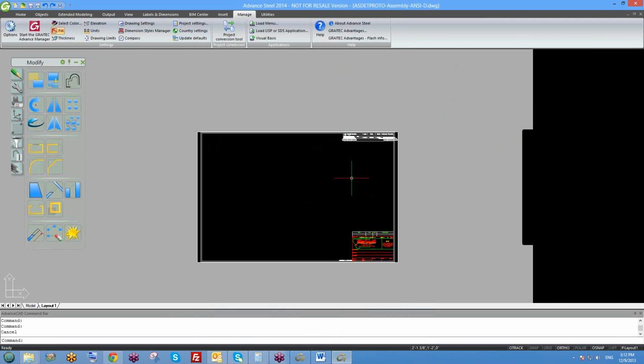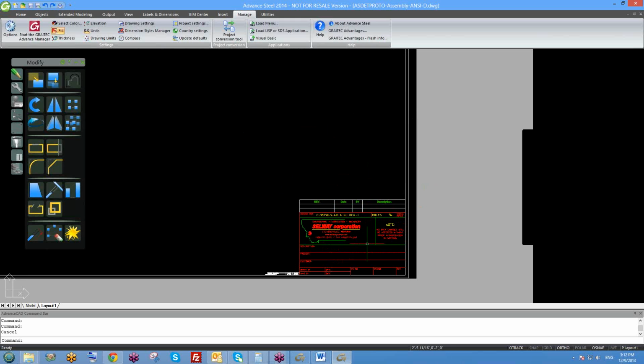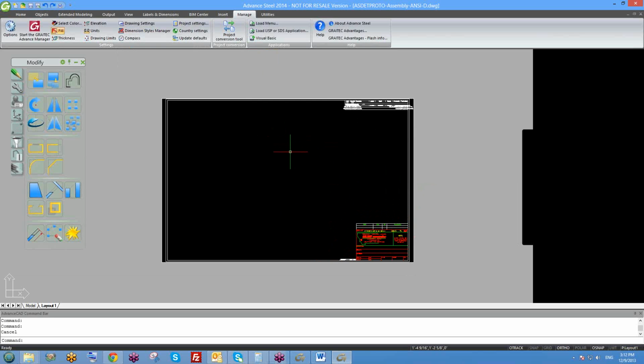One more thing here. This prototype is not just about this title block. It's about your dimension style manager, the color you want to get, and everything related to the look and feel of your drawings. So what I mean by that is, if I have some options and parameters in my company in order to dimension my piece, my drawings, I need to modify them in this prototype,